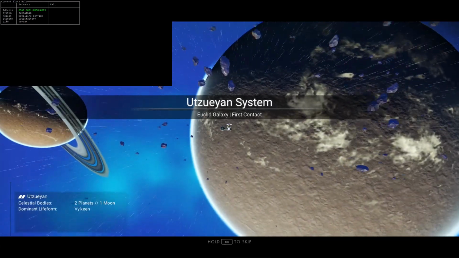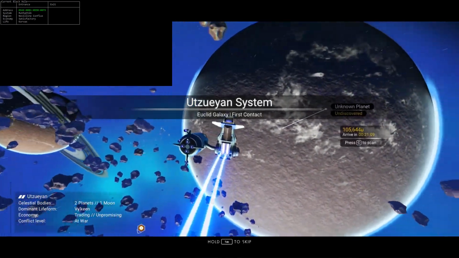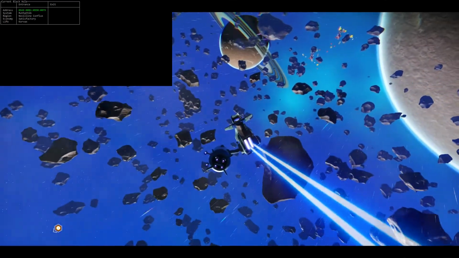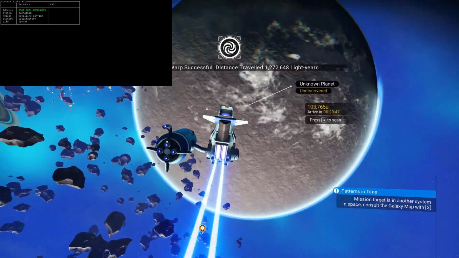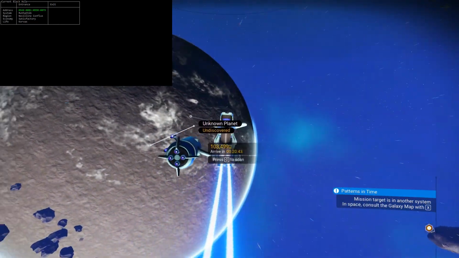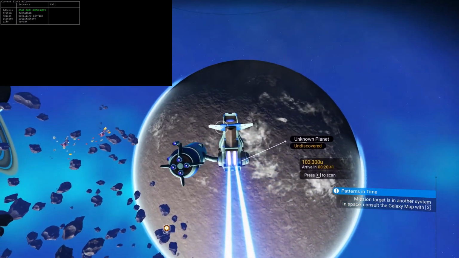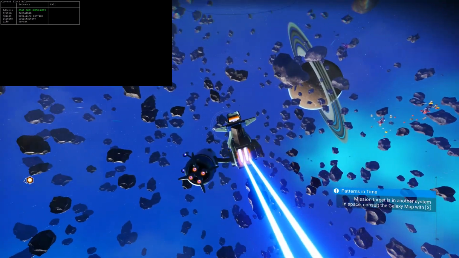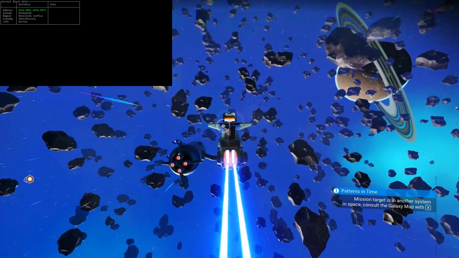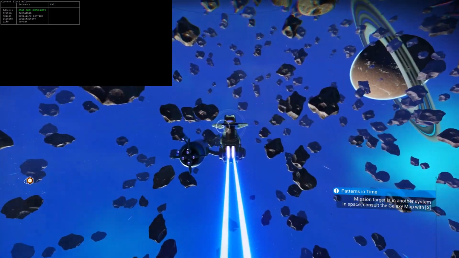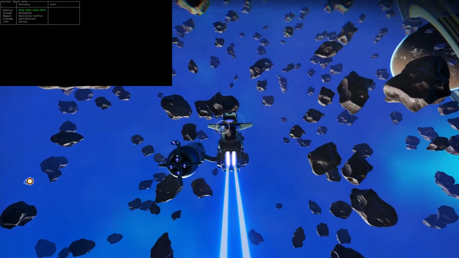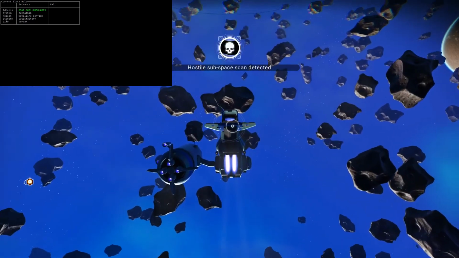So the other question I get a lot is, what can you do when you are logging this? Can you explore a planet? Can you dogfight? What can you do? And the answer is, as long as you stay within the system, you can kind of do whatever you want. Generally, if you've logged a black hole entry point and then you were to warp to a non-black hole entry or exit, the program would think that that is now the exit to that black hole. So you want to make sure that you kind of stay within the black hole entry and exit while you're logging, so that it doesn't accidentally log